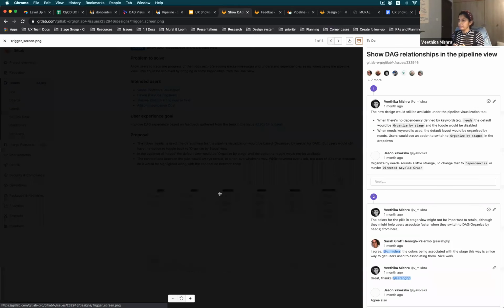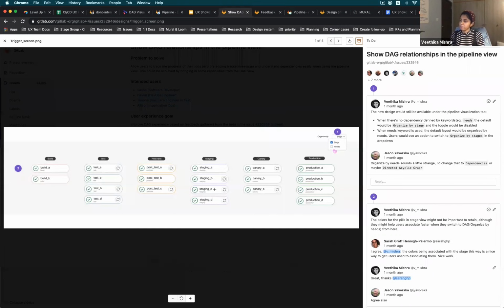But after the first initial designs were put up, it was very natural that more people came up with different corner cases and use cases, where we had to tackle a list of different issues as well. So what I proposed was to provide two sets of options to users to organize their pipelines: one is stage and the other is needs. We figured that needs alone is not going to solve all the problems, and some users would eventually have to look at the organization based on stages as well, because that's also critical for many of the issues they're trying to solve there.